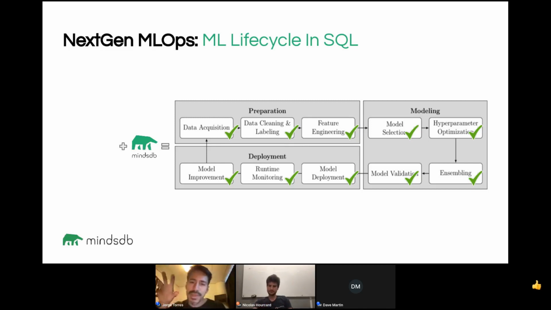And the cool thing is that in databases, there's no concept of deployment of a table or a view. So the same thing happens with a model. As soon as you do create predictor, that thing is alive and you can query it right then, and you don't have to think of the MLOps lifecycle development part. The same way that when you create a table, you can consume that table, the same thing happens to a model. So all of a sudden, that simple syntax just summarizes the whole ML lifecycle.